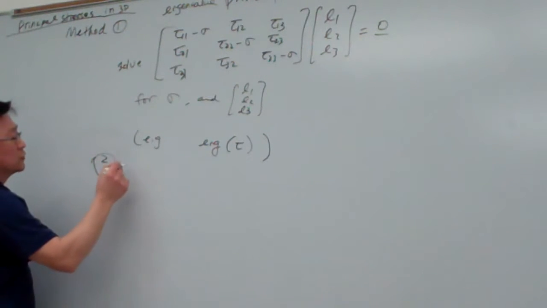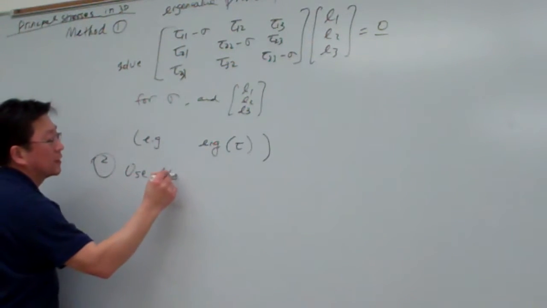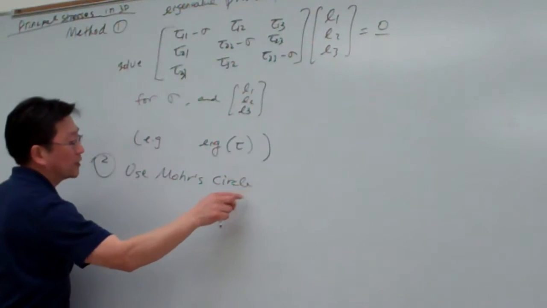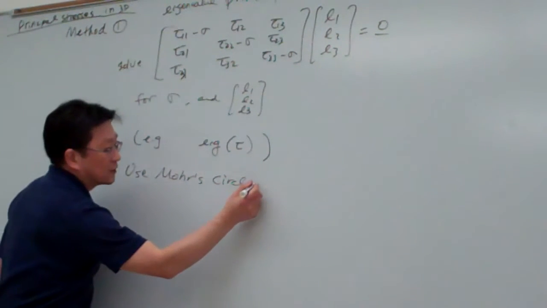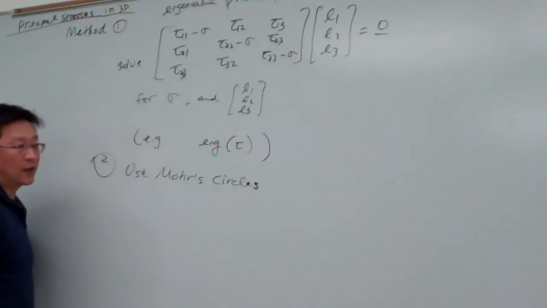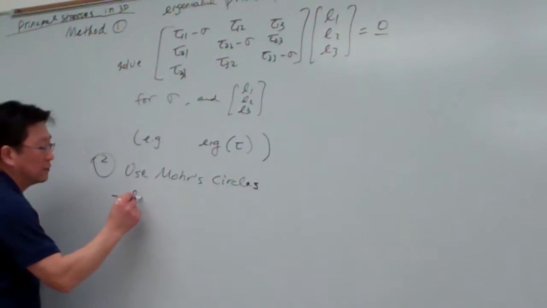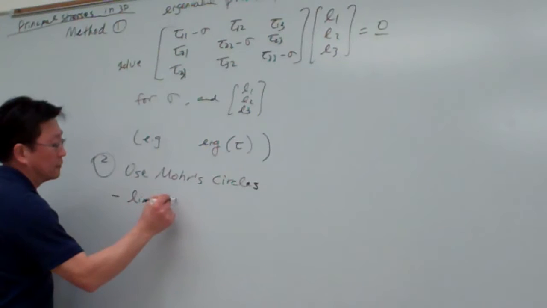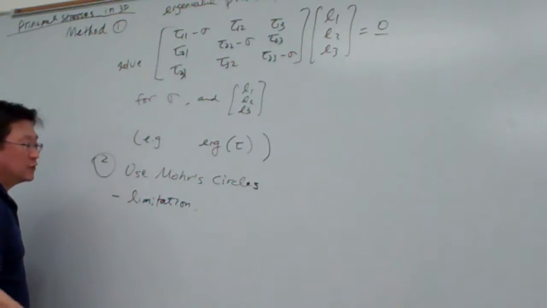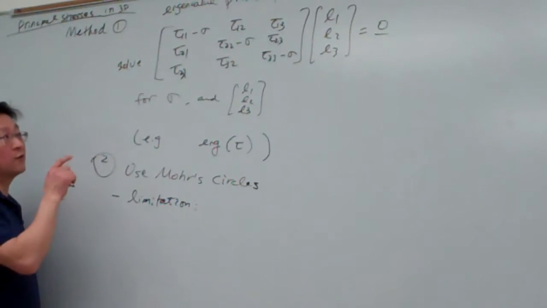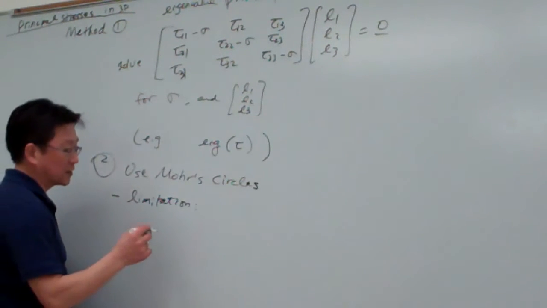The second approach is to use Mohr circles. And how to use Mohr circles to solve for this one. And here I would say Mohr circles. Okay, and for 3D we would have 3 circles. And these are limitations. The limitation is this: to make Mohr circles work in solving the 3D stress element,